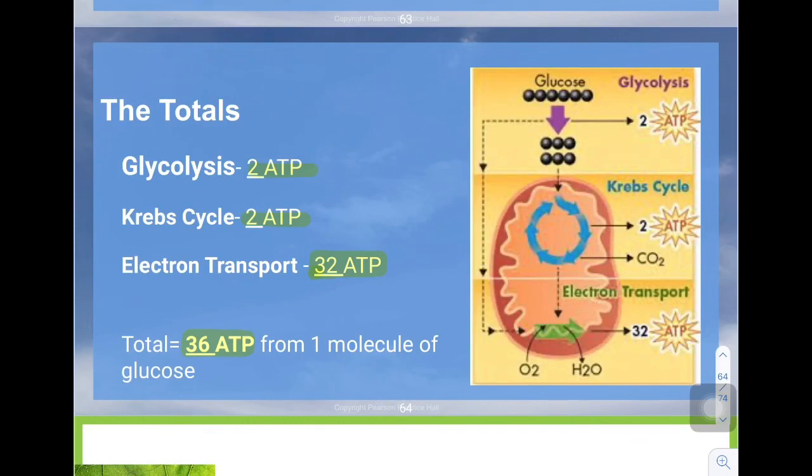Not every cell or every mitochondria in a cell is perfectly efficient at generating this amount of ATP. Some actually perform better and generate more ATP. Some don't do as well and they generate less. But the number that I want you to remember, and kind of the number that we're going with here, is this breakdown. So 2 ATP from glycolysis, 2 ATP from the Krebs cycle, 32 ATP from the electron transport chain, for a total of 36 ATP from one molecule of glucose. And that is a wrap-up of the specific steps of cellular